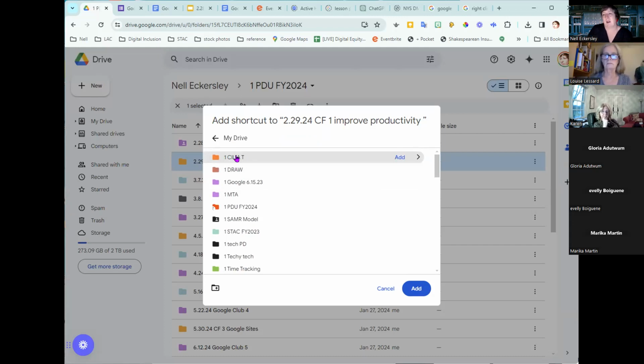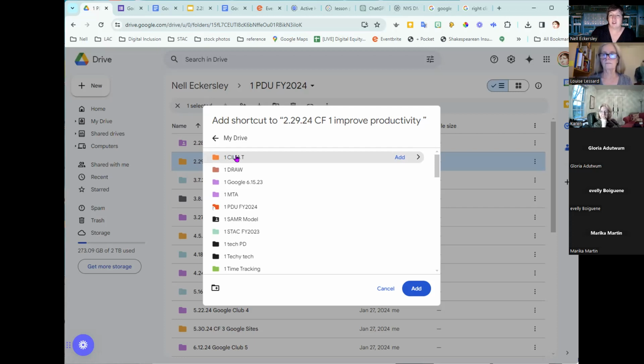So maybe it's a time document, or maybe you have a calendar, like a spreadsheet with dates on it that you need to see in various places. You can just make another shortcut. So you can have that shortcut 15 different places. It's still going to take you to the same document. You make changes there. Those changes will be visible from all those shortcuts. So this is going back to that idea of a single document, but you're making all of these doorways to it.